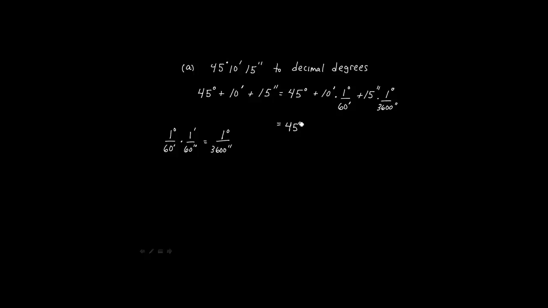So 45 degrees plus, here the minutes cancel out or divide out, and we're left with just degrees. What's 10 divided by 60? It's 1/6, so it's 0.1666, blah, blah, blah, right? Where this just repeats. Plus 15 seconds divided by 3,600 seconds. The seconds cancel out. We're left with just degrees. What's 15 divided by 3,600? So this should be